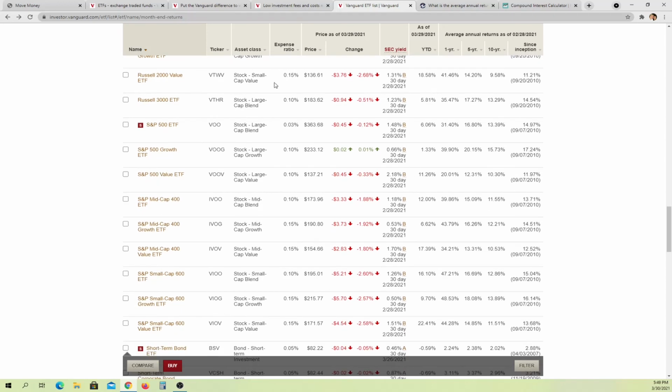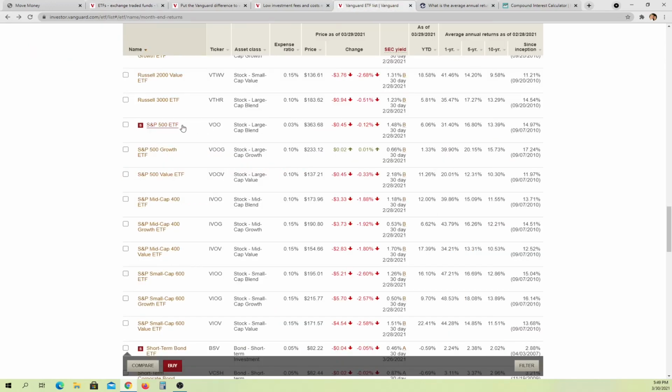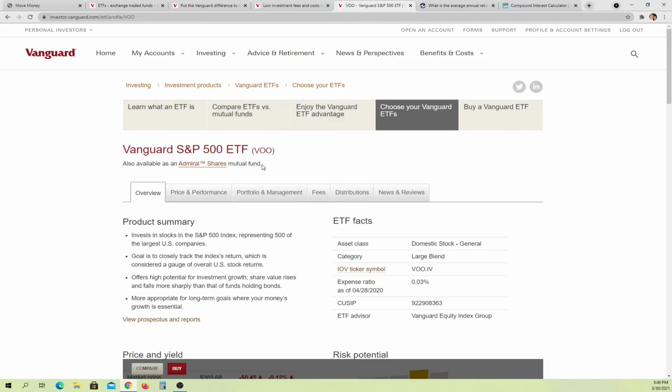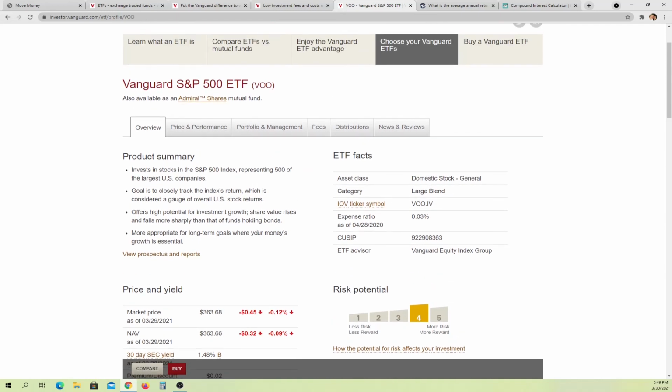So anyway, I hope that all this information is helpful for you. And it's very simple. After you pick a fund to purchase, after you have the account open, you would just click on this here, and then there'd be an option for you to buy this one fund, and you just type in how many shares you want. If one share is $363.68, that's how much money you've got to have to just buy one share of VU. It's pretty straightforward,